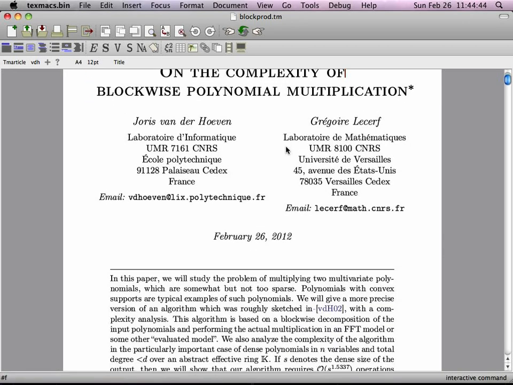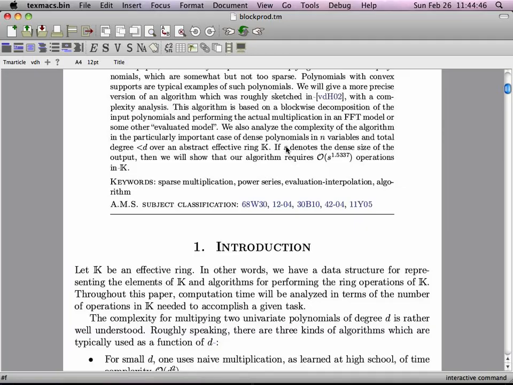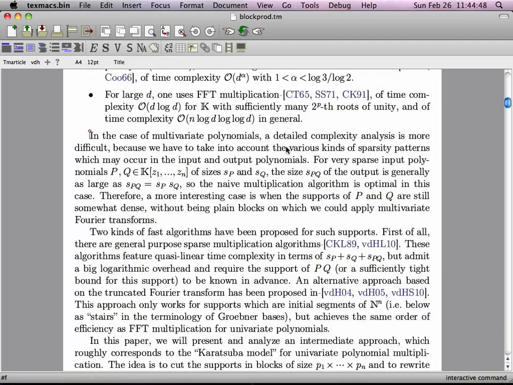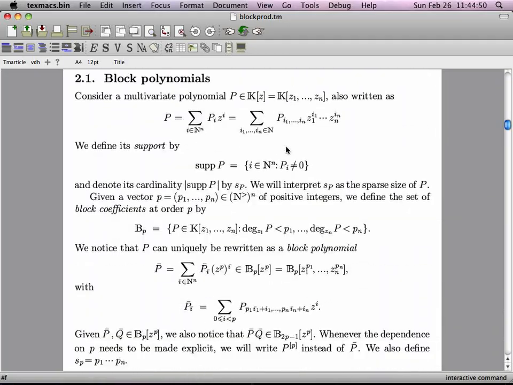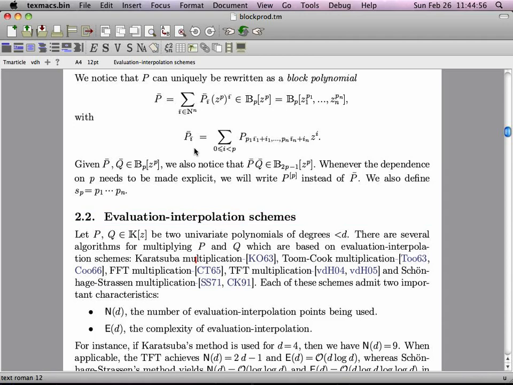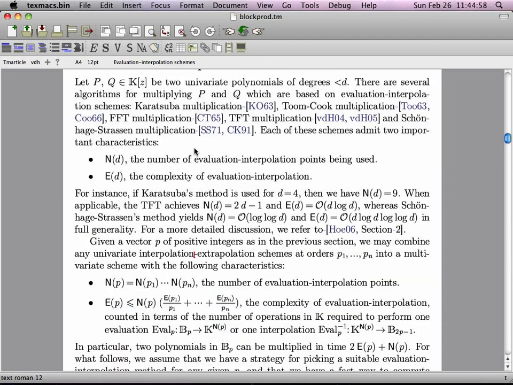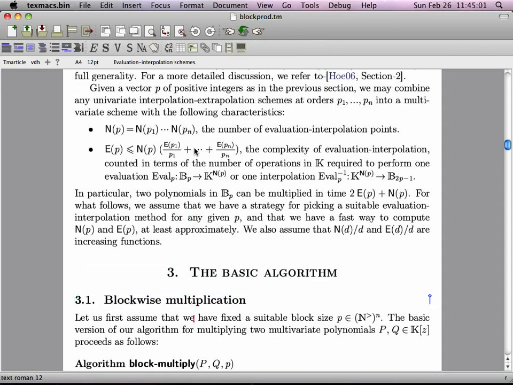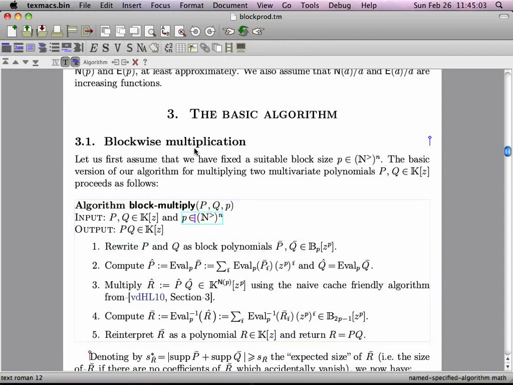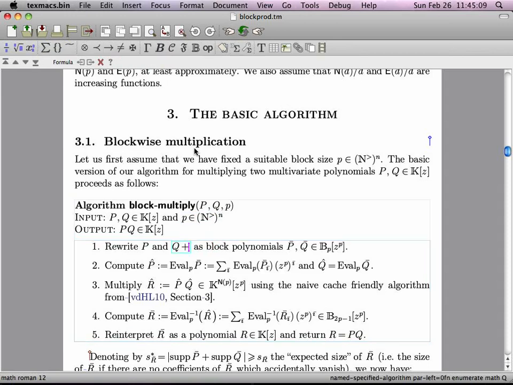So here you see a paper. If you look at it like this, it pretty much looks like a normal TeX paper, but the magic is that you can just go inside and modify